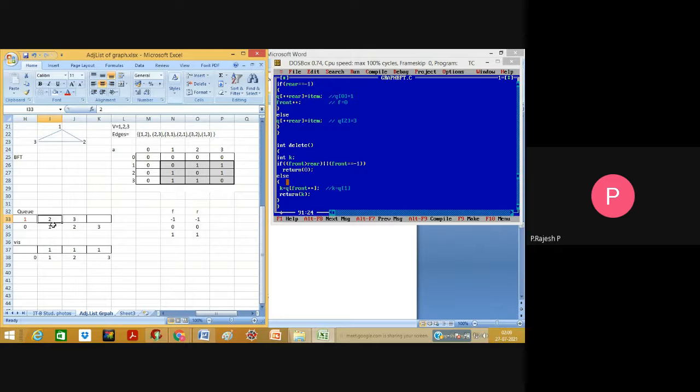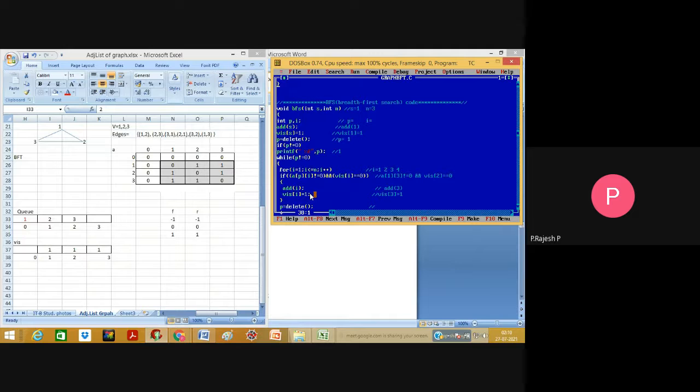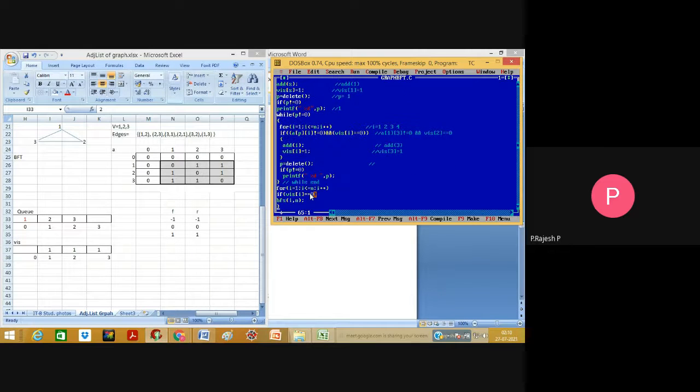So we have to delete this element. So 2 has been deleted right now, and it returns that the P value is 2. So P becomes 2 right now.